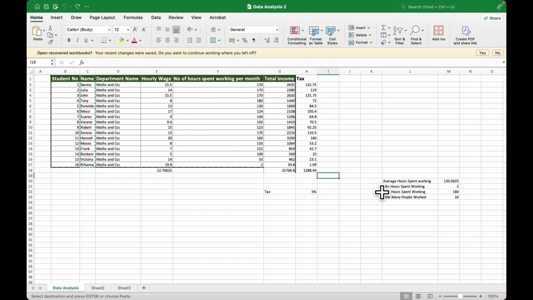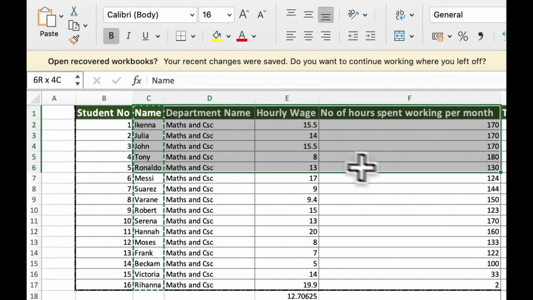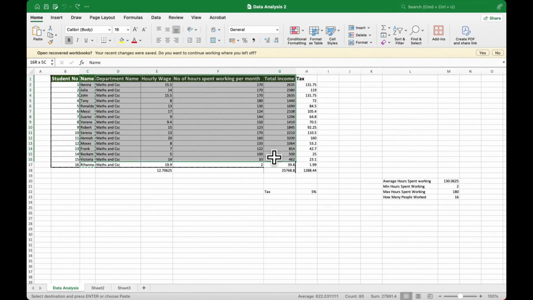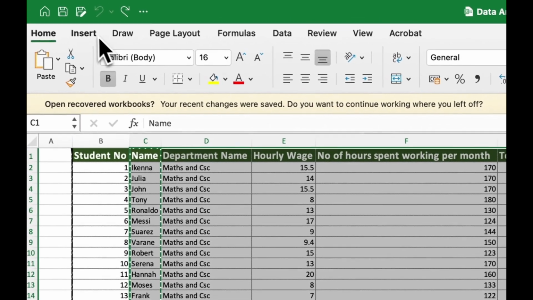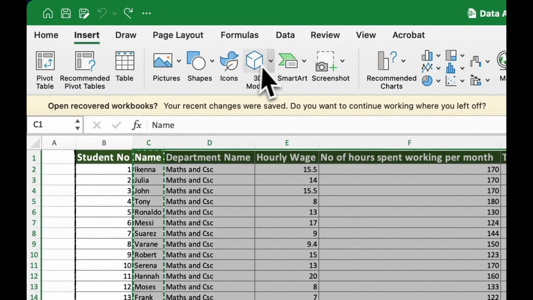So I'm going to show you first of all how to do a rough visualization before we go into more specific aspects of visualization. Now, Excel by default has a way of automatically trying to figure out how to best visualize your data. If I were to highlight what I consider important, so the name, the department, the hourly wage, and what have you, and I come over here to insert,